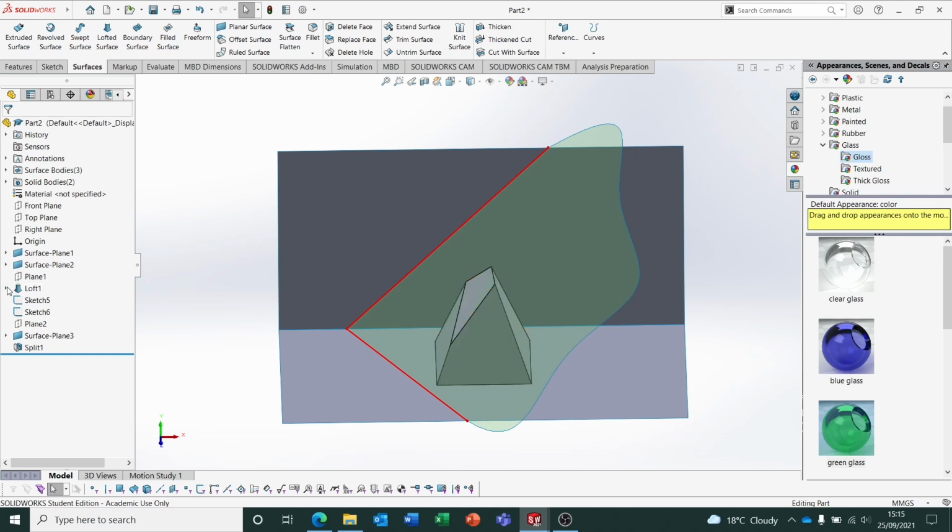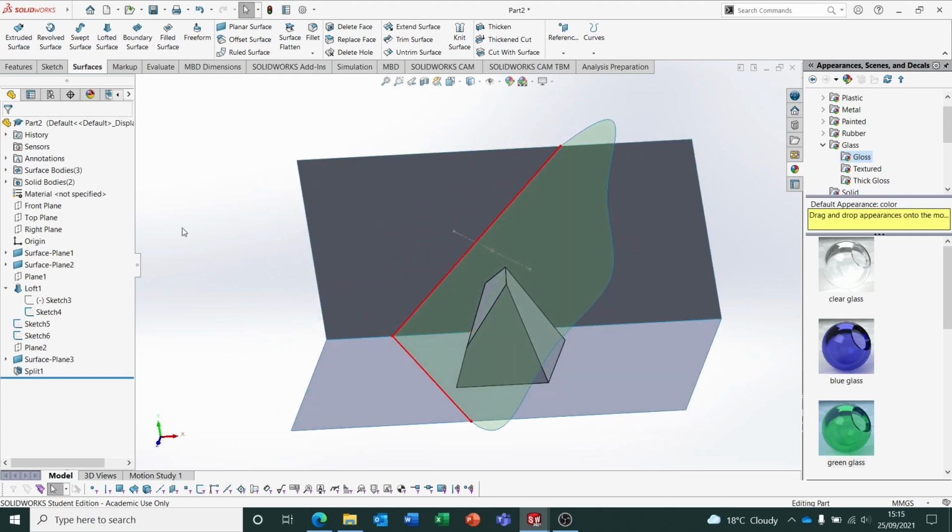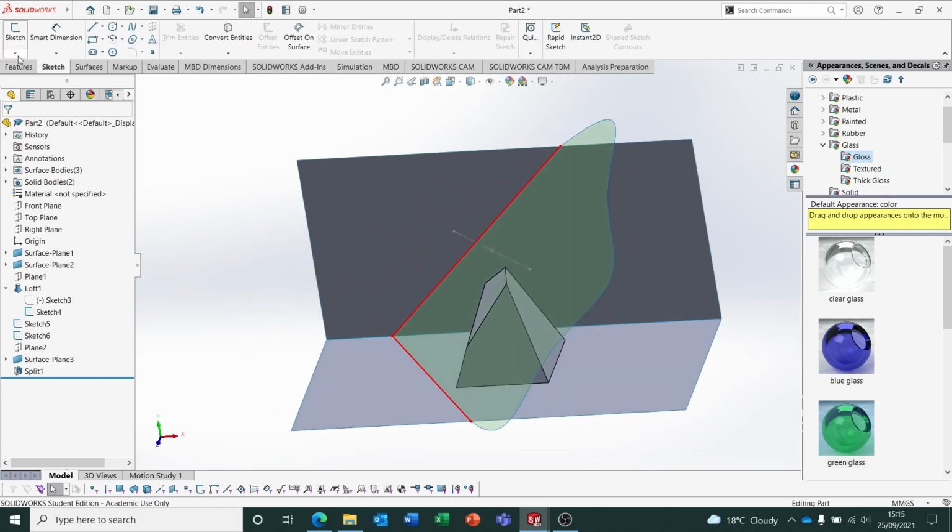So if I click the arrow to the left, find the apex sketch, right click on it and say show, I now have this apex floating in space. From that, we're going to start a new 3D sketch. So click that drop down arrow below sketch, select 3D sketch, and I'm going to start with the construction lines